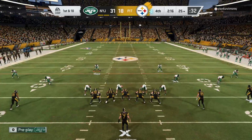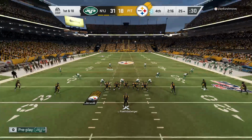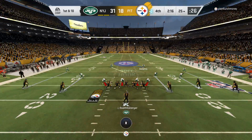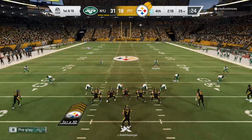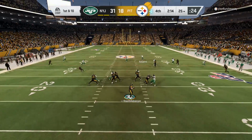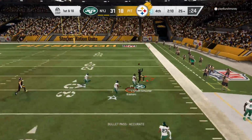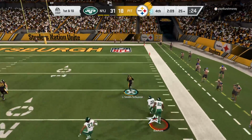Big Ben and the Steelers with a 1st and 10 at their 25-yard line. From the shotgun, it's Roethlisberger. Going top shelf for Smith-Schuster. And that's caught inside